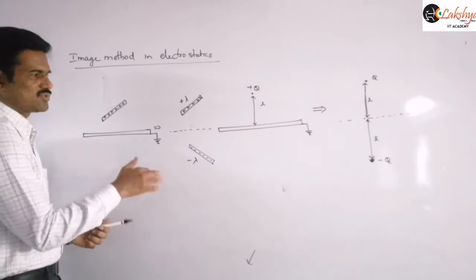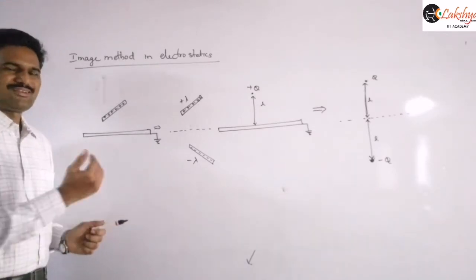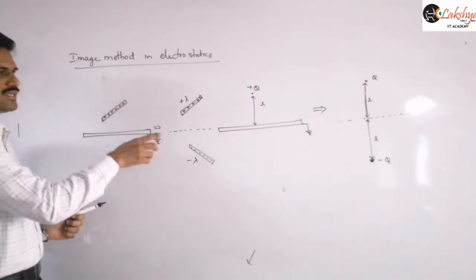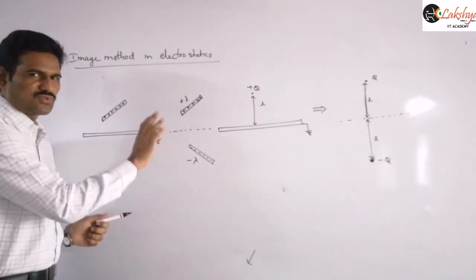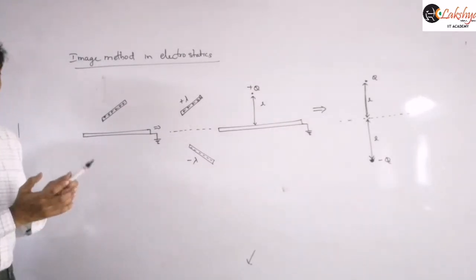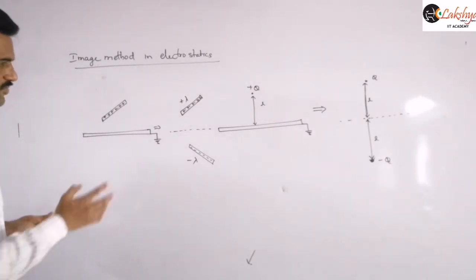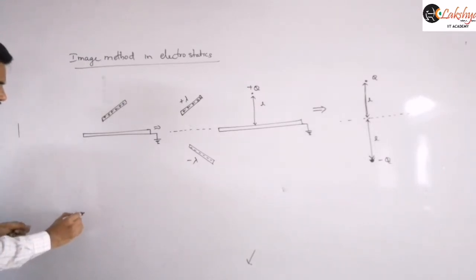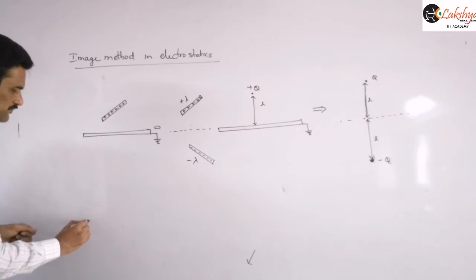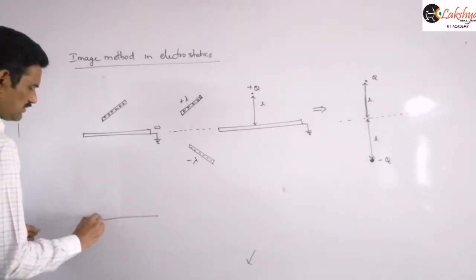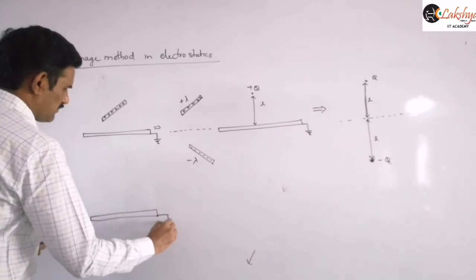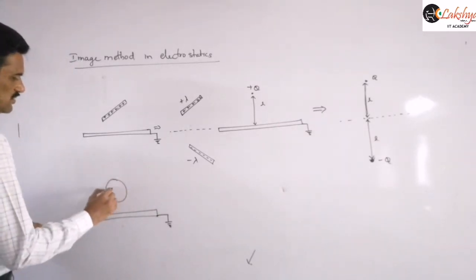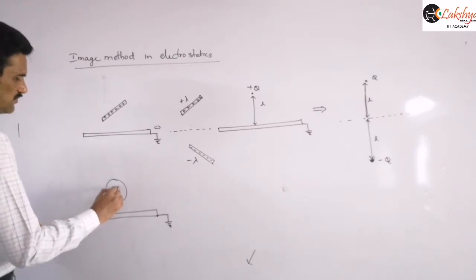And so now this given system can be converted like this. Now whatever the force or whatever the field and whatever the potential we want to calculate at any point due to the resultant of these two, you can calculate the same values due to the resultant of these two here. So that is a simplicity when you are converting it into its image. Now similarly, let us consider another example. I am taking a conducting plane again, which is grounded. Here I am taking a spherical charge distribution. So this is having some charge, plus q.